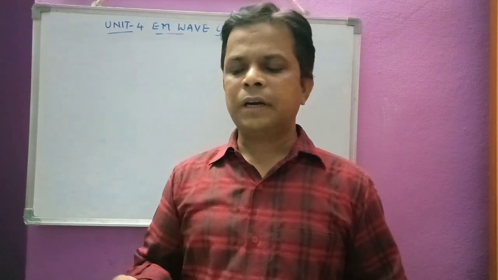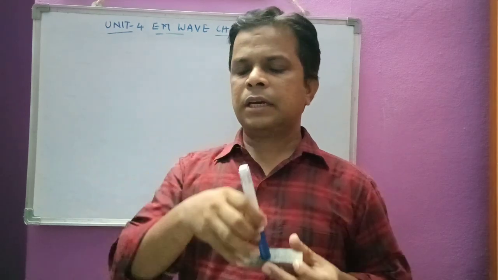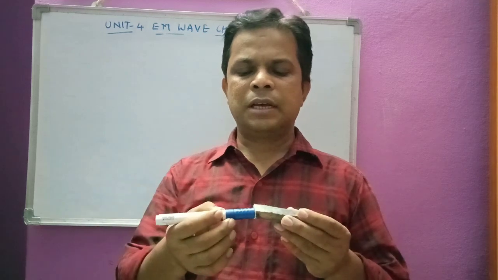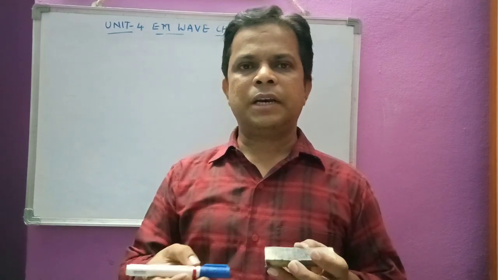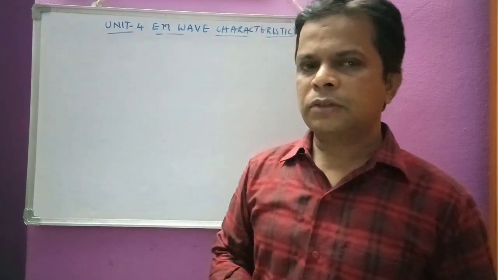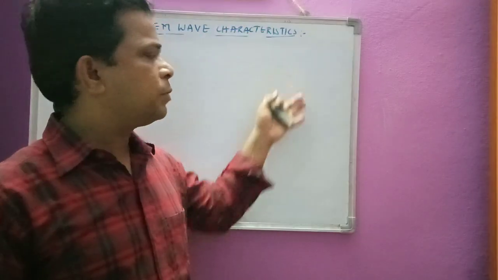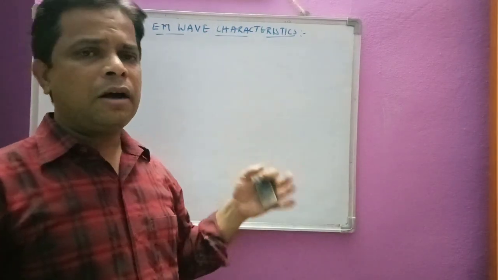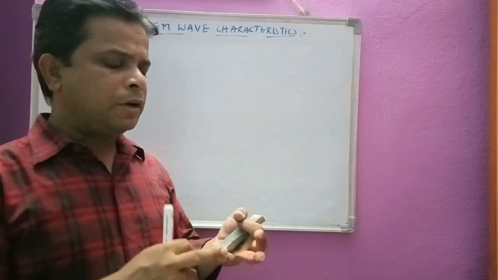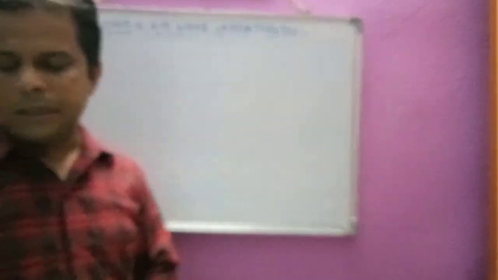If the electric field is perpendicular to the plane of incidence, then it is perpendicular polarization. In the first case, we have seen parallel polarization. So the electric field can be either parallel or perpendicular, and depending upon this, we have defined the two cases. Obviously the magnetic field will be perpendicular to the electric field as well as to the wave direction. All these three, that is propagation of the wave, electric field and magnetic field, are perpendicular to each other, 90 degrees to each other.